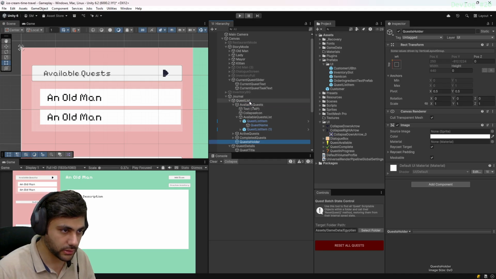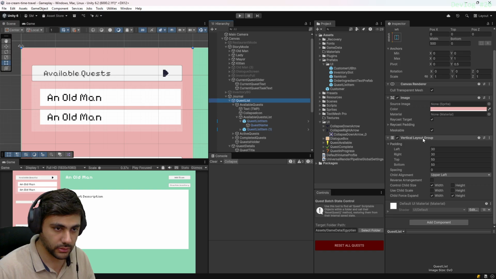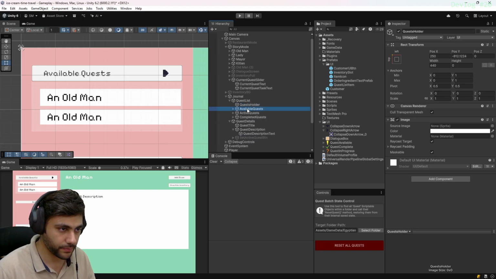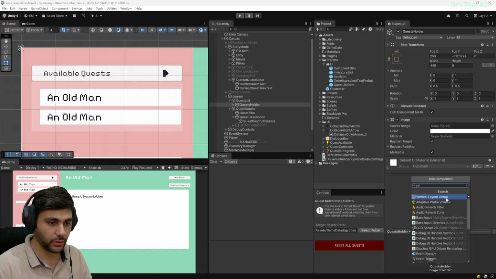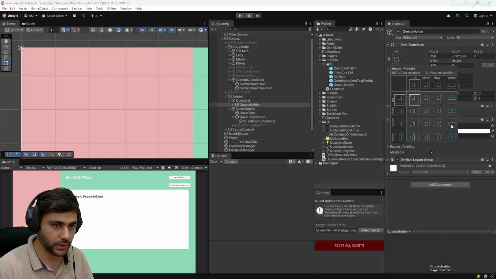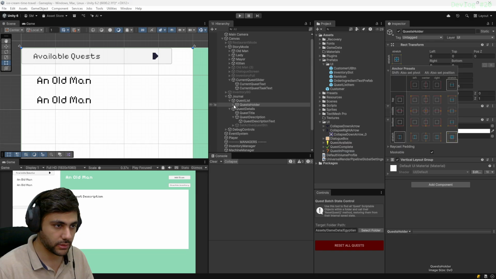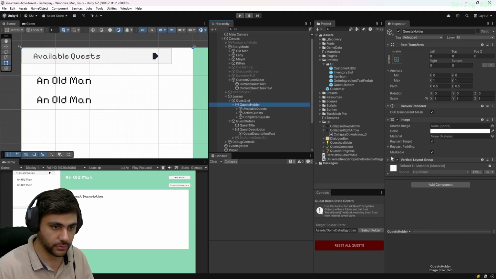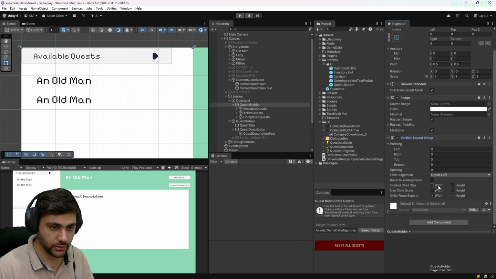And the quest holder would hold a vertical layout group, and I don't need you. Holder is this. Okay, let's just do something like